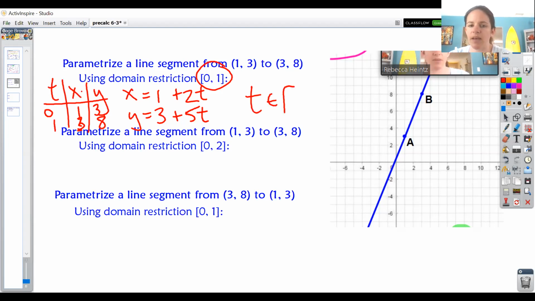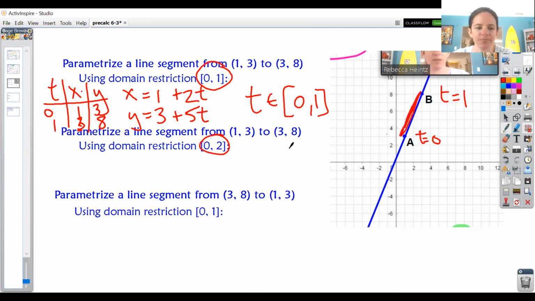If I restrict to that, that just means, okay, here's where the particle is at t equals 0, and here's where the particle is at t equals 1. And if I only look at that restriction, then I'm only looking at the line segment from A to B. What if I wanted to switch that on you and use the domain restriction from 0 to 2? Well, if it takes me 2 seconds to get from A to B, that means I must be going half as fast. So I would simply say, okay, well,